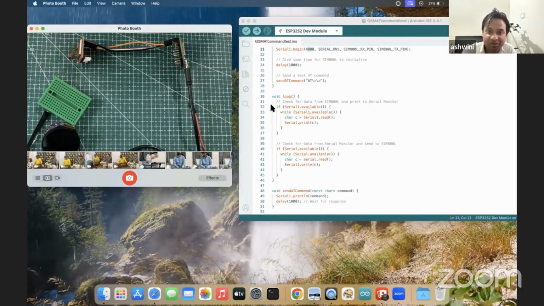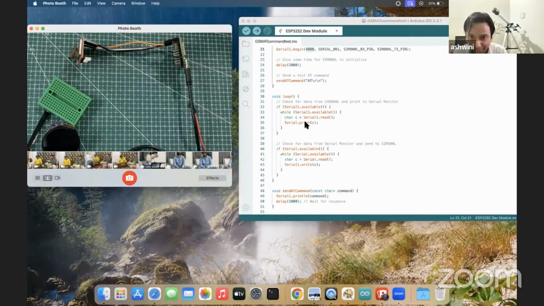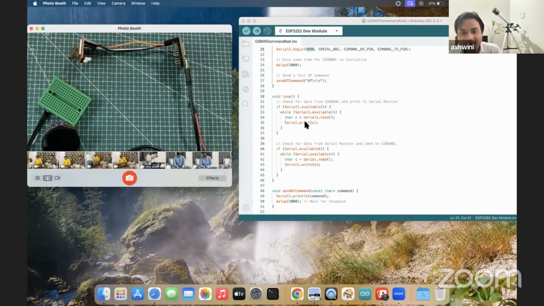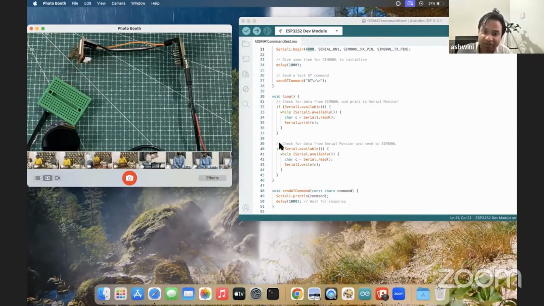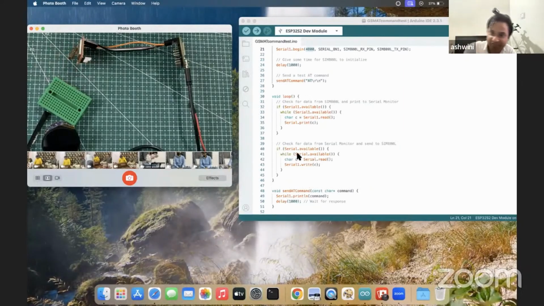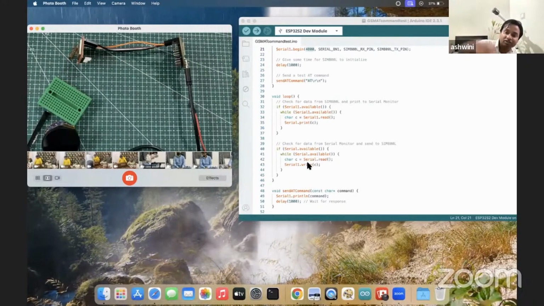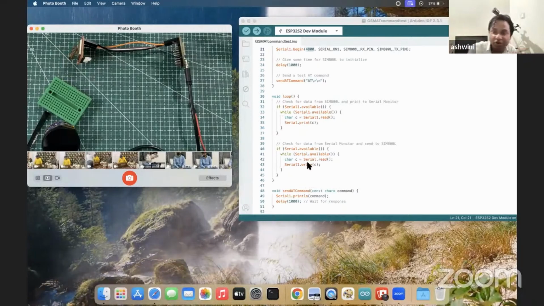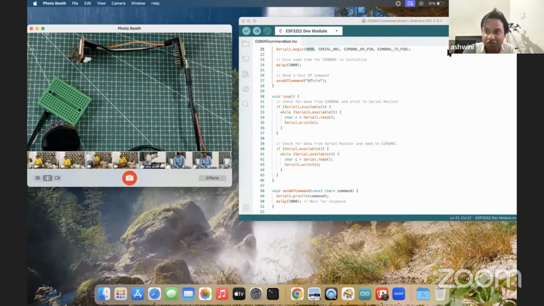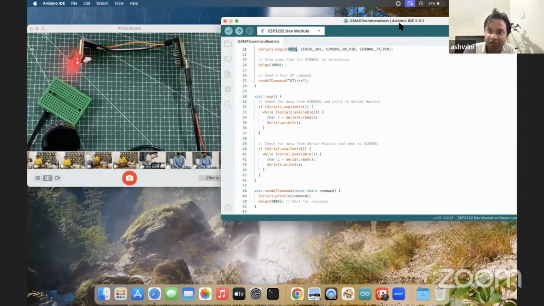Now in the loop function, we will check whatever is read from the GSM module, and whatever command is sent from the main serial will be transferred to the GSM module over the 4800 baud rate. So now after uploading this code,